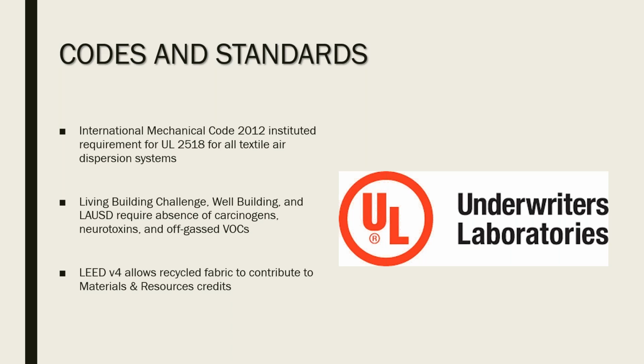Codes and standards, again, this is going back to all commercial fabrics that are used for HVAC systems are UL listed. So they are approved in building codes all across North America. If the fabric is not UL listed, the manufacturer will let you know. If someone is making a selection for a fabric that is not UL listed, they will be made aware of that fact. But 10 times out of 10,